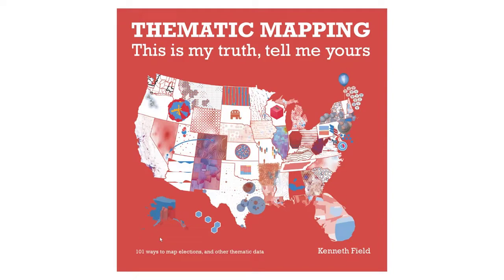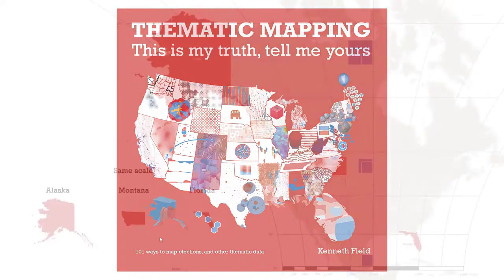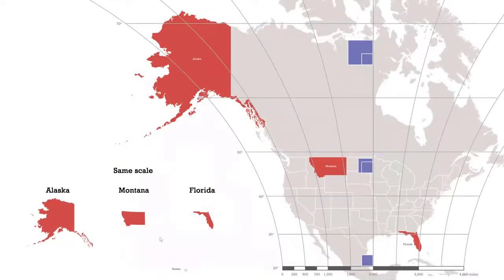Disclaimer: this is currently going through the editorial process, so even this cover and some of the maps that I'm going to show you might turn up in a slightly different format. But it allowed me to talk about this first topic of map projections, and we could spend hours on this, but we won't. Most of the maps you've seen so far in this presentation have actually done a very good job at following best practice, but it's important to emphasize that thematic maps of statistical data demand an equal area projection. This is WebMercator. It doesn't work very well for thematic maps,